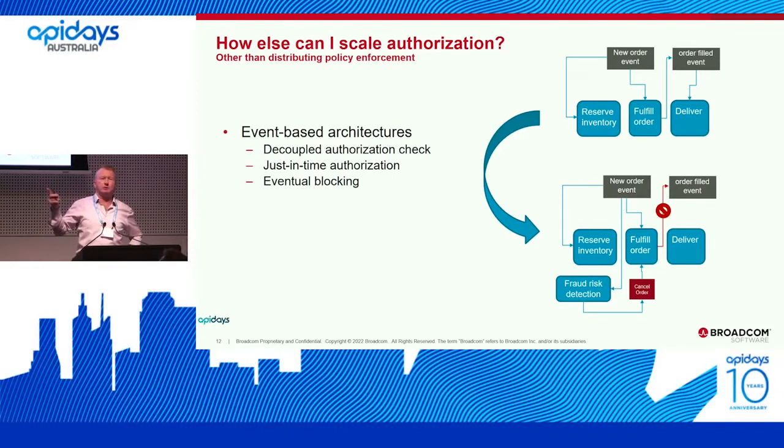So the last one that we said, okay, well, this is great. So we've gone through all this and we've thought about policy propagation, traditional ways of shipping information from A to B and then combining it and making it accessible, whether it's ingress controllers or cluster caches or whatever it is. Then we thought, well, what if you were to look at an approach that said, a lot of applications have been built around microservices. They're event-based these days. So if you had an event-based architecture, can you leverage that event mechanism to somehow do some just-in-time authorization?